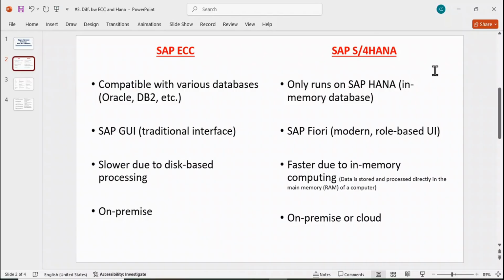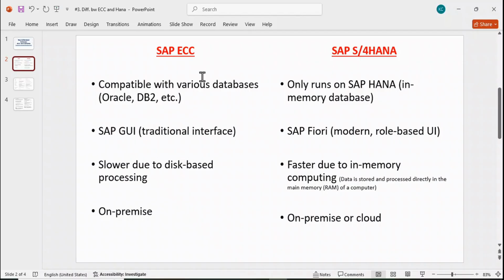So now the entire package is coming with it. It's not that people will say they are going to use a different database. Of course, everybody, whoever is there, is going to use this HANA database itself. Okay, so that is the first difference. In ECC, a different database was there, but in S4HANA, now what is happening, guys? SAP has their own database, that is HANA database, which is going to be used. Now this is an in-memory database. Okay, so